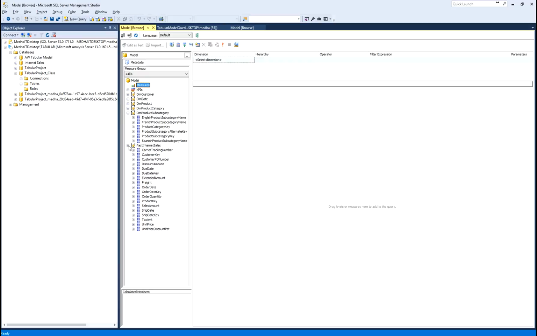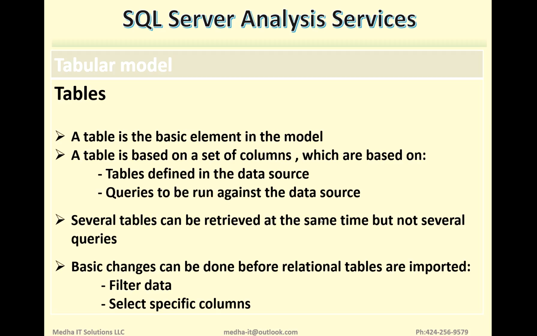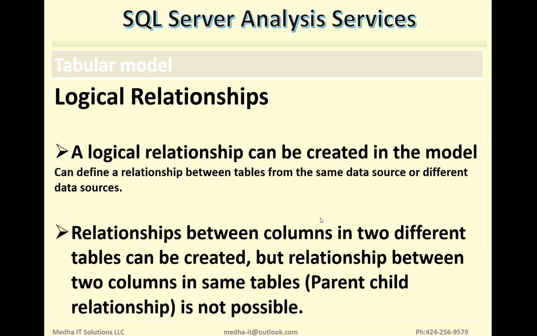That is why all the tables are treated as dimensions here. Okay. So this is how we deploy a tabular model to the analysis services server, and this is how we import the tables into the project while building the model. And we saw how the logical relationships can be built. A logical relationship can be created in the model, can define a logical between the tables from the same data source or different data